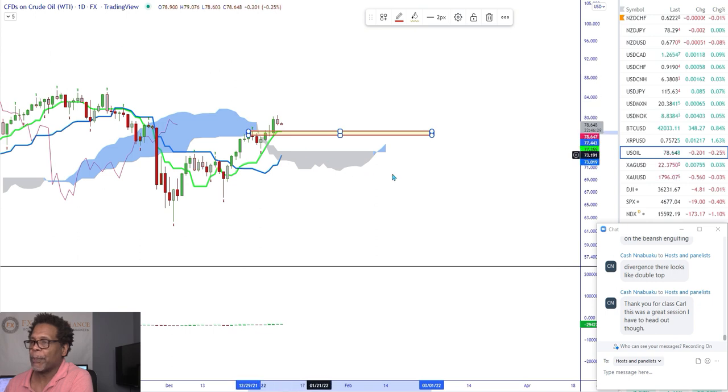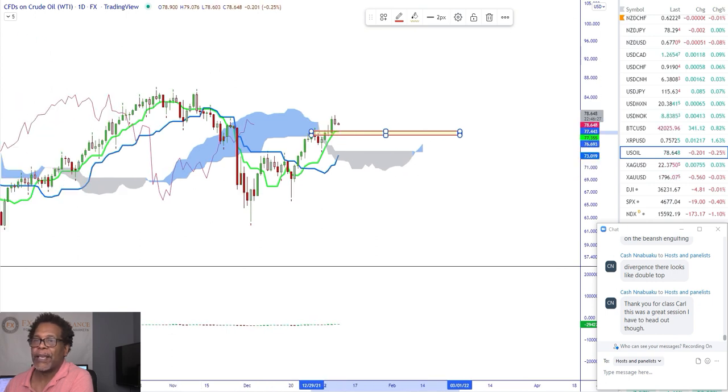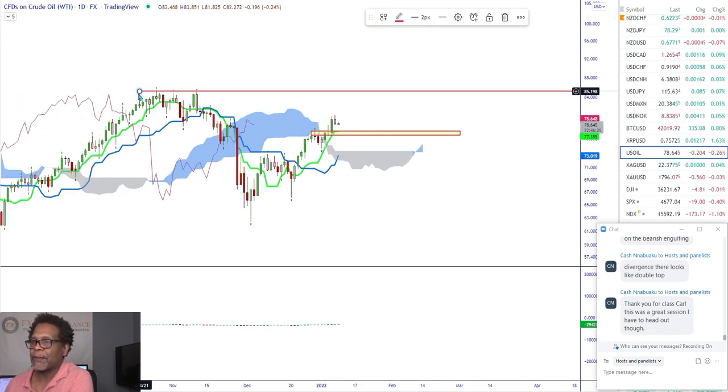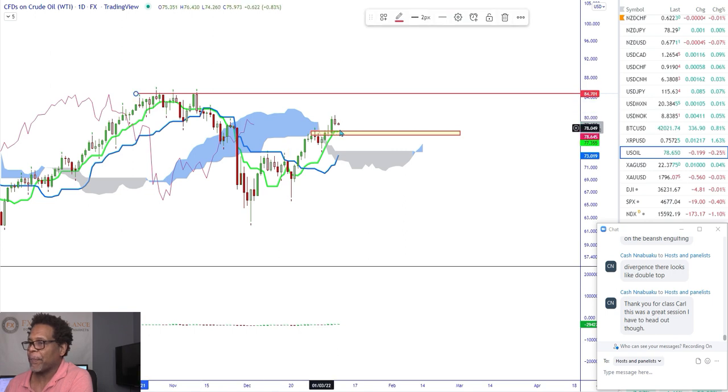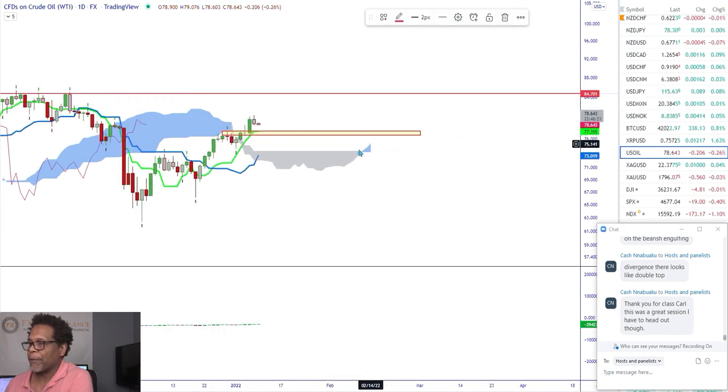Oil is a strong move to the upside, if you ask me. And I think we get at least to this point, at least. All right, so I think maybe if you want to catch oil, because you got blue skies, that's bullish. You got a crossover that's bullish. Chikou Span broke above Tenkan-sen, Kijun-sen, and price. We need to break outside of that cloud. Once we do, we're there.